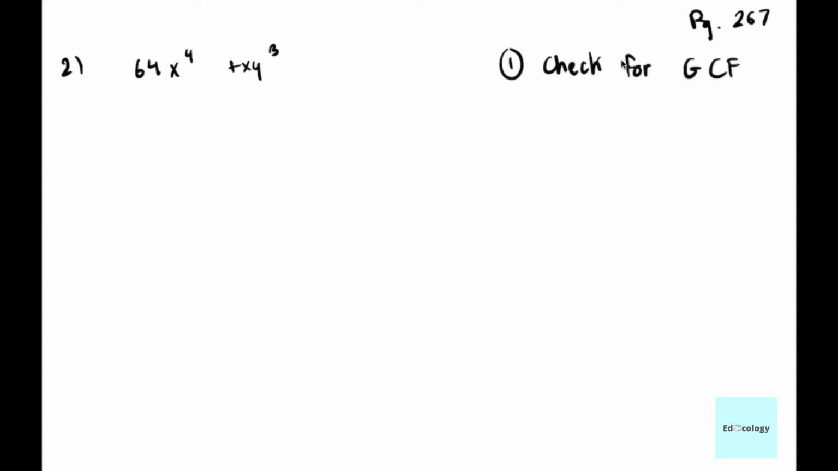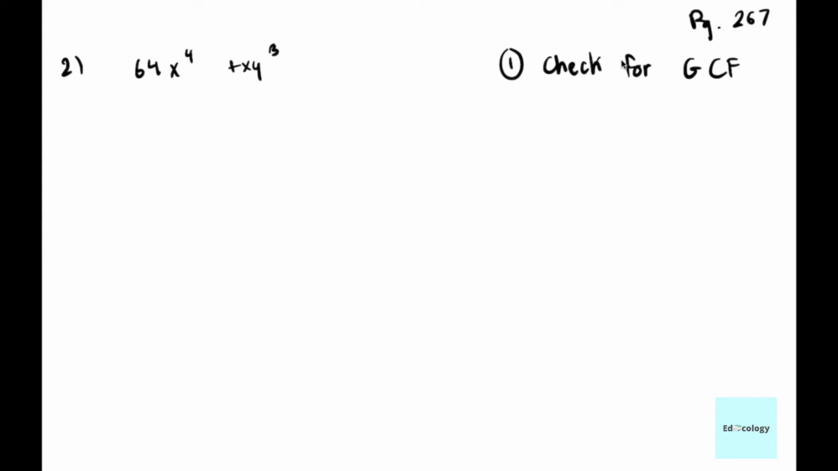Question number 2 on page 267, which is 64x to the power 4 plus xy cubed. The first step is to check for the greatest common factor. You should always check if there is a greatest common factor, which there is in this case, which is,